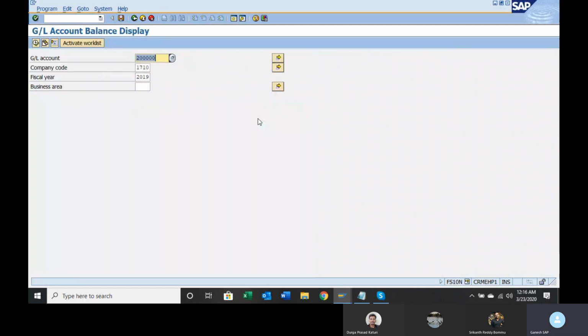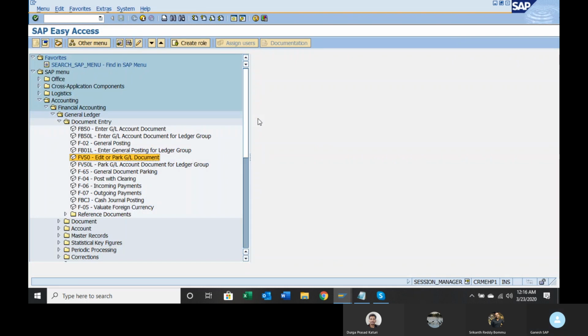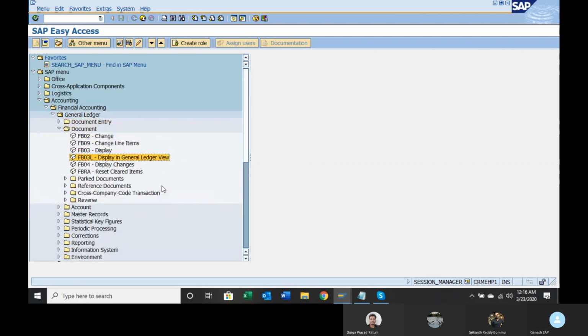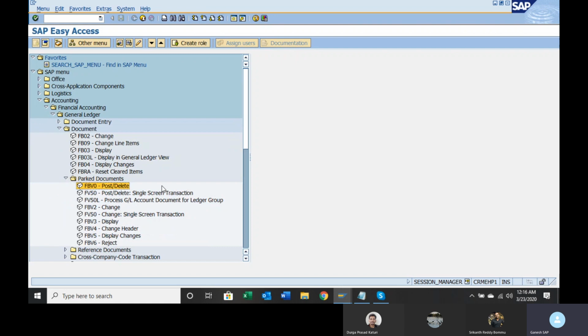So this is about park document. If you want to delete a parked document, you can delete it before posting it. You can see the delete option also. Park document, post or delete.